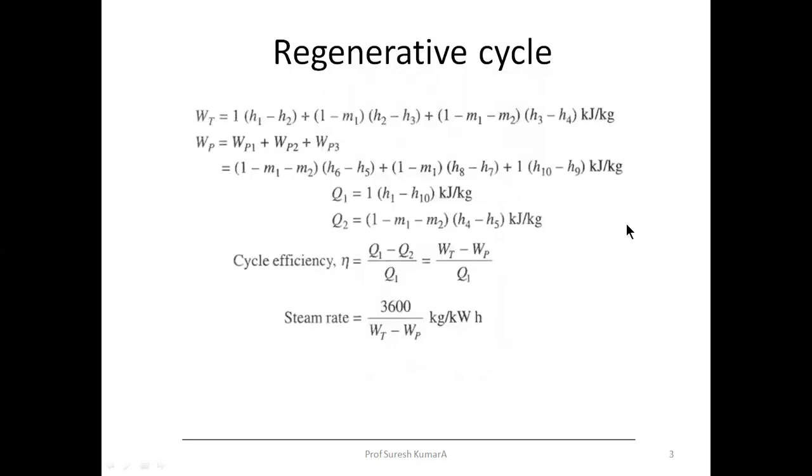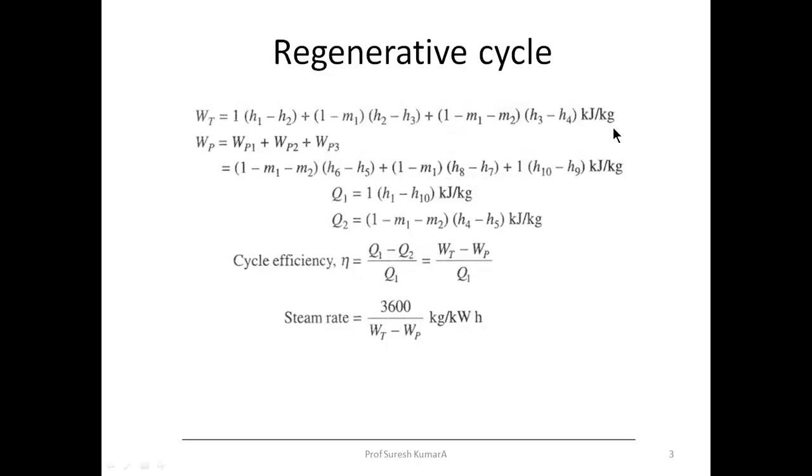See here, when it comes to the turbine work, from 1 to 2 expansion takes place with 1 kg of mass. So here we are categorizing the turbine work into three categories: from 1 to 2, 2 to 3, and 3 to 4. When I take 1 to 2, it is h1 minus h2, mass handled is 1 kg. From 2 to 3, it is h2 minus h3, mass handled is 1 minus m1. You need to multiply this by mass. Then h3 minus h4, mass handled is 1 minus m1 minus m2. You need to multiply this by this term, so that you finally get the answer in kilojoules per kg turbine work.